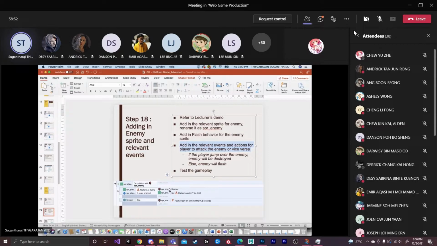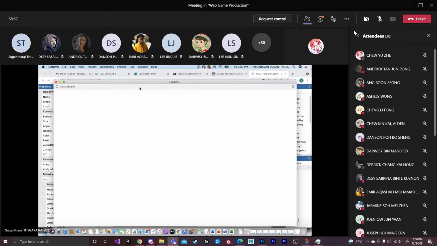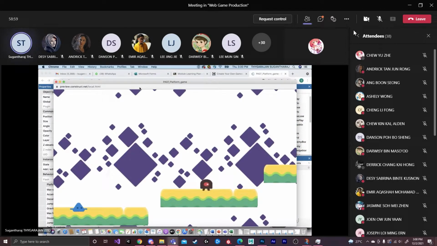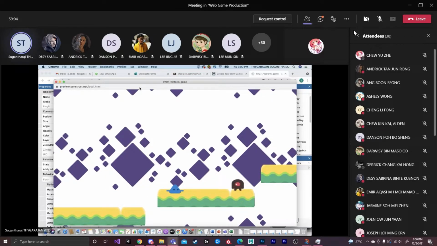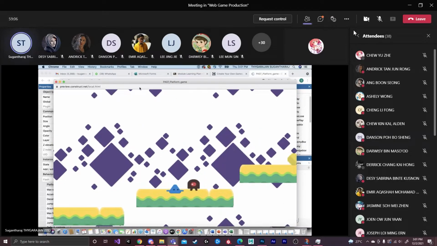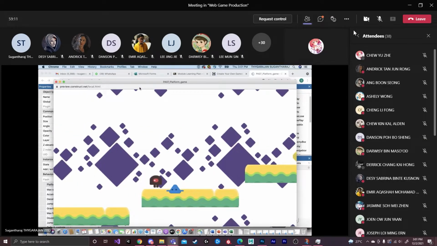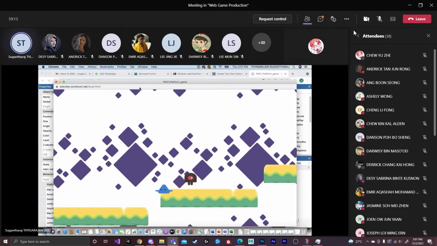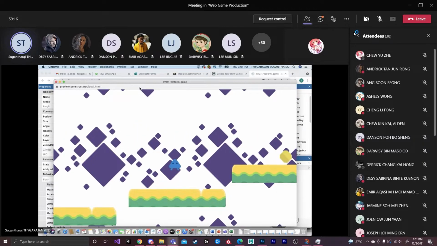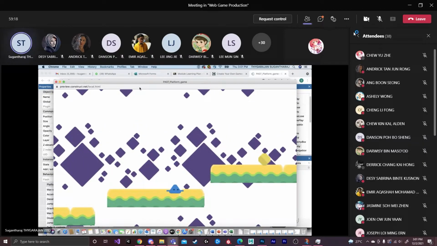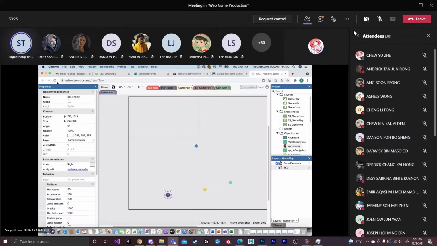Okay, let me launch and show you. I go here. I jump, then I go to the other platform. I just wait. I just go. See, it is not destroyed, but if I go and jump on it, then in that case the enemy will be destroyed. So it has to jump over the enemy. Otherwise, it will not be destroyed.